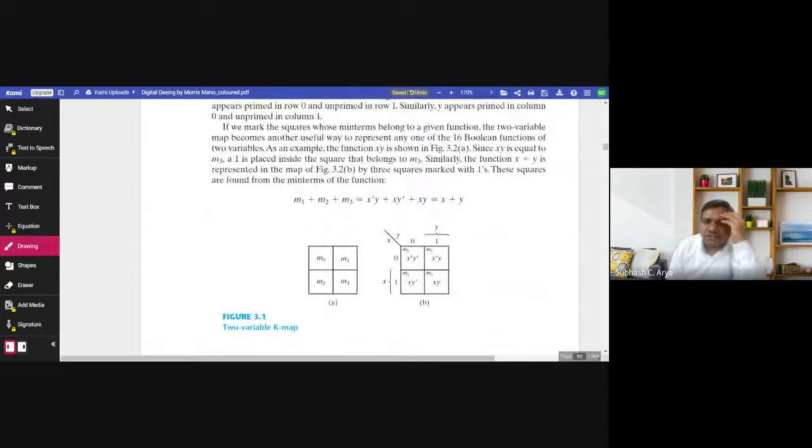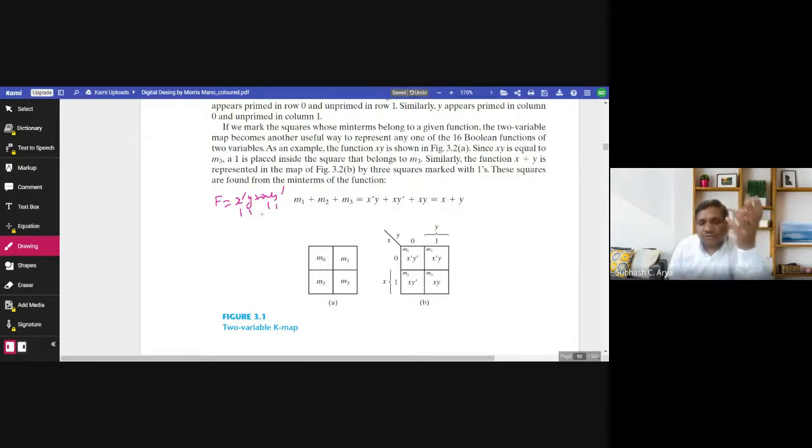Suppose a function f is given as x bar y plus x y bar. We want to reduce this number. Here four literals are used, 1 2 3 4, to express it, and accordingly we will require gates. If somehow we are able to minimize this number of literals using the algebraic method, Karnaugh map method, or tabulation method,